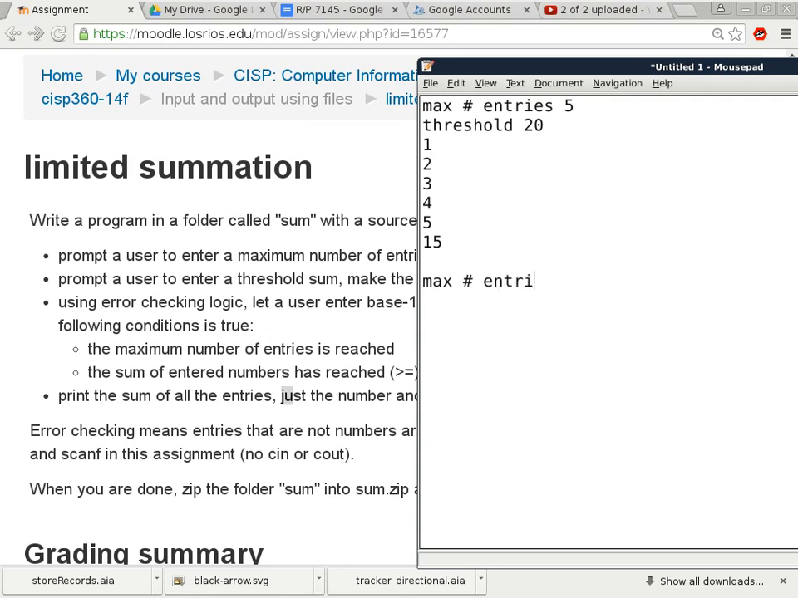Maximum entries would be, let's say 4 this time, okay? And then we'll set the threshold to, let's say 100. So if I just type in one number, which is already exceeding the threshold, that's it, right? Because 101 is greater than or equal to the threshold, and I only need one of the 2 reasons to get out of